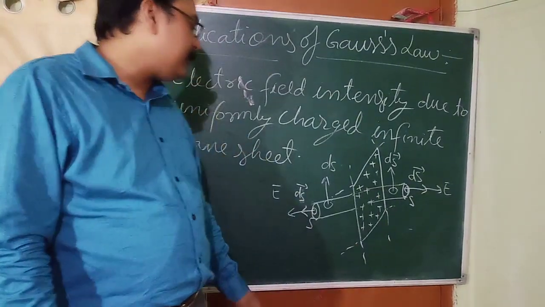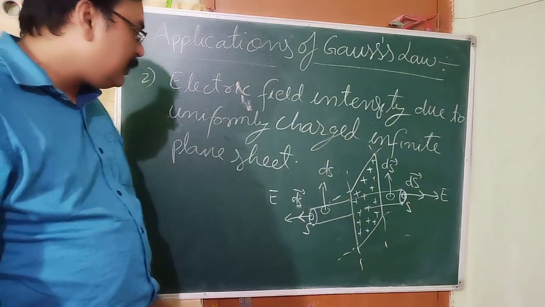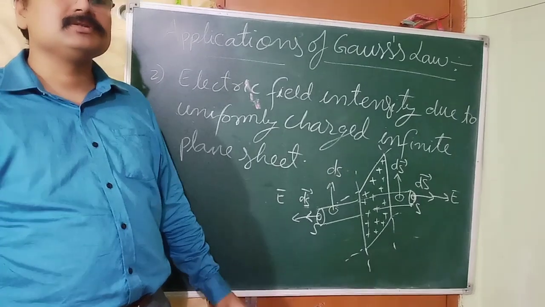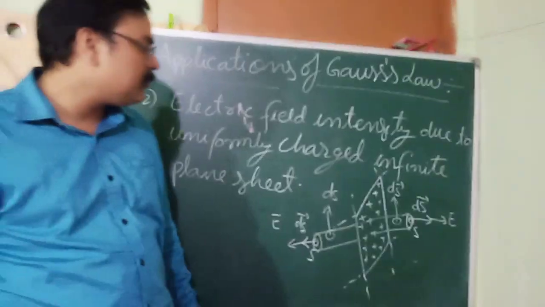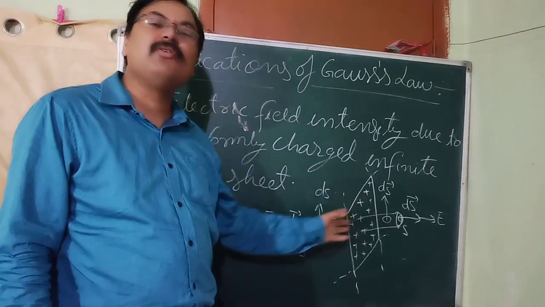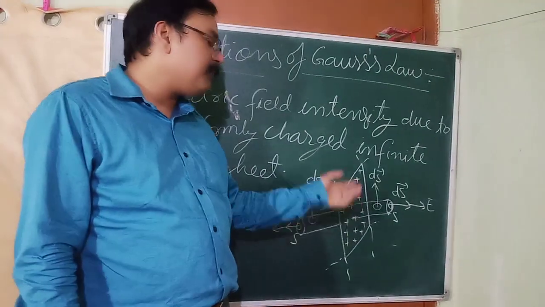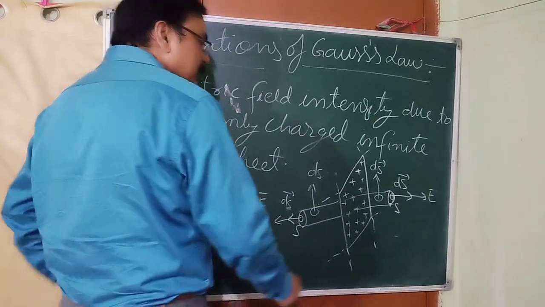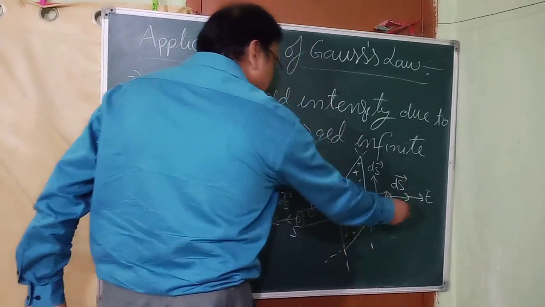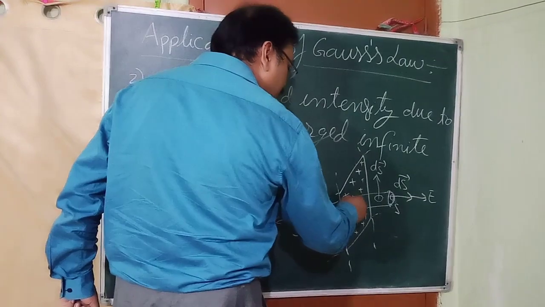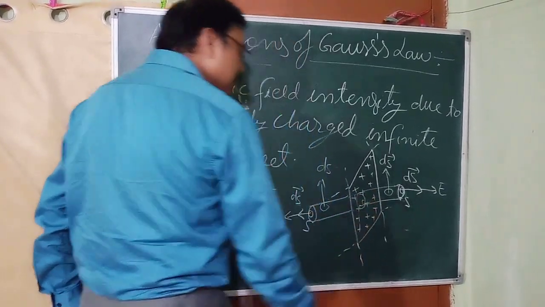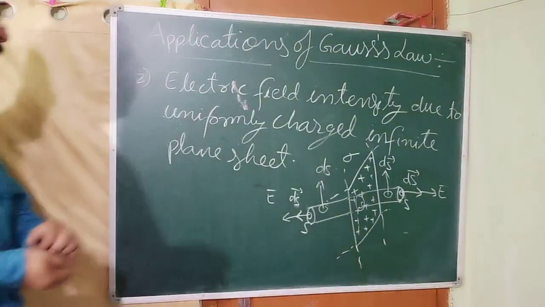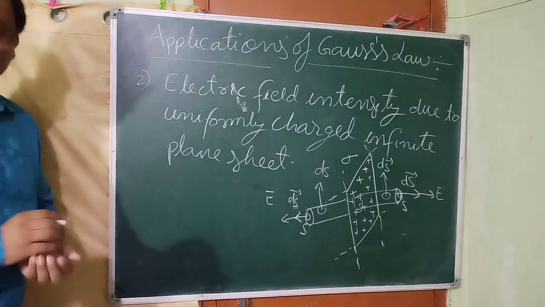Now, see, this is a cylindrical surface we can take. We cannot draw any Gaussian surface which can enclose the whole infinite sheet. So we have drawn a cylindrical Gaussian surface. You can draw a rectangular one also, it doesn't matter. It will be able to enclose only a small part of this. How much? If the cross section area here is S, and here also the cross section area is S, it will enclose only an area S of the sheet. If the surface charge density of this is sigma, then let us find the electric field due to this.